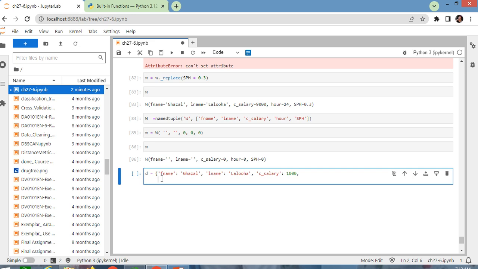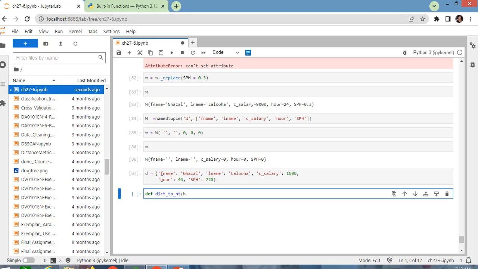Let's scroll down. Our hour is 40, for example, hour for the extra project, and salary per hour for the extra project,